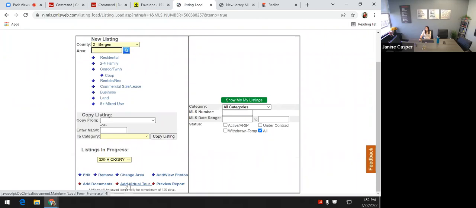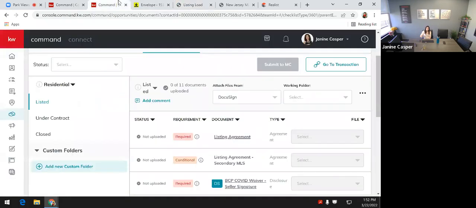If you have a virtual tour, you can add your virtual tours. You can add a lot of things ahead of time, which is nice on NJ. But again, as soon as your documents are signed, open up your Command. Go to this opportunity. You're on DocuSign. You can click on Room Docs. And in here, when you click